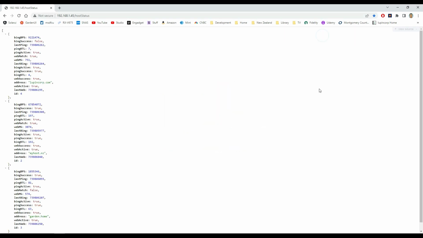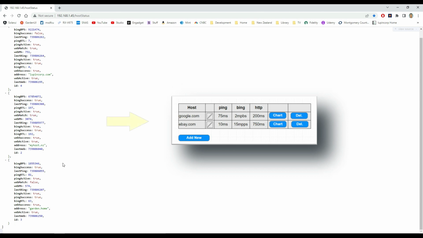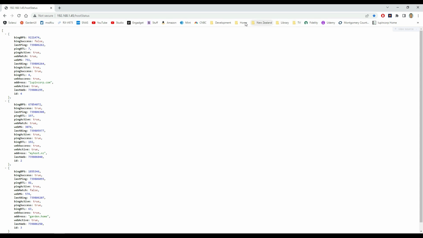So this host status request, you can see here it brought back the 3 hosts that I'm currently testing on. The last test times for the various tests, and then the results of those tests as well, and same for all 3. So this will make it easy to, in the Angular application, sort of do a quick table of hosts and tests and results in there. All the information should be in there, and we've still got the